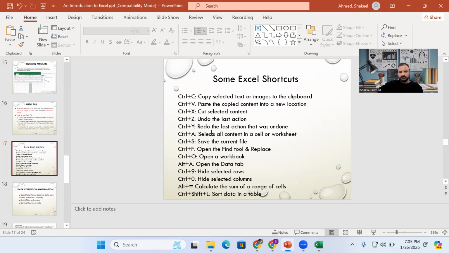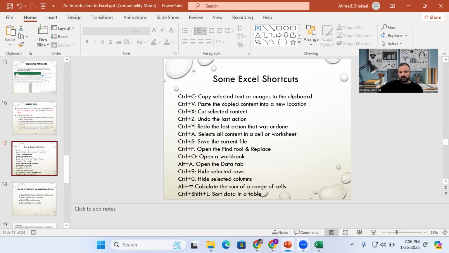And similarly, you can redo the last action that was undone, that is Control plus Y. And Control plus A means you are selecting all the things on a sheet,